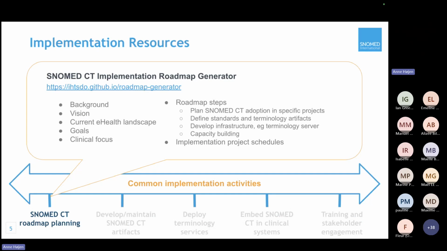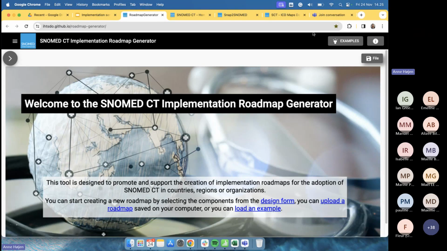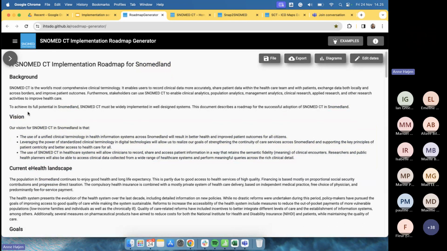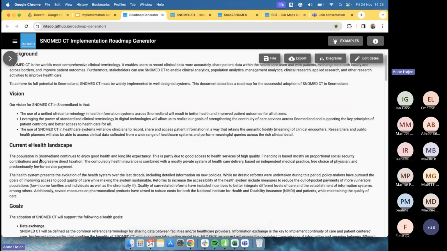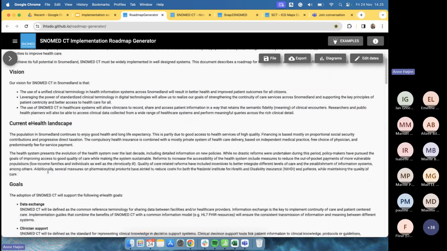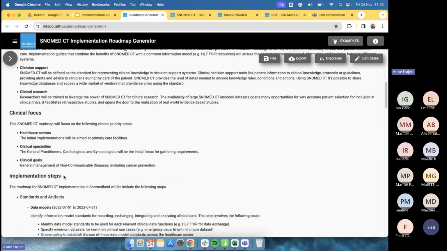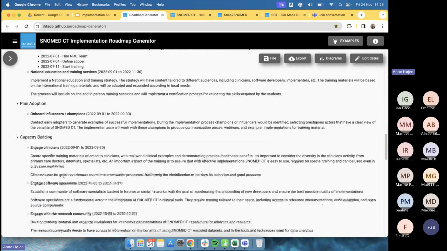We have built an implementation roadmap generator, the link you see here. It's a lightweight tool. You can just click on the link when you get it, and then you are in. I'll just pull up an example here. A roadmap for SNOMED land, a very special land. And you can see there's the background, there's a vision statement, something about the current e-health landscape, the goals of the implementation, the focus of the implementation, the different steps, and I even believe there's also